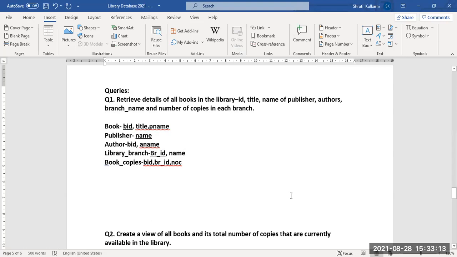And the last table, which is called book copies. From that table, we are finding how many copies are present in your book table, in the respective branch. So the number of copies for that respective branch is present in which table? The book copies table. In the book copies table, we have book ID, which book it is, and branch ID, in which branch we are keeping the respective books, and how many copies are available here.